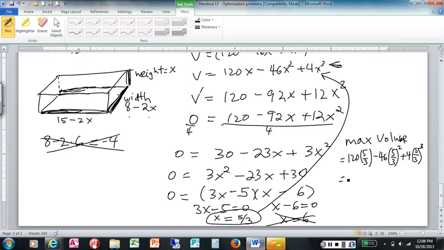All right, let's see. 120 times 5/3 minus 46 times 5/3 squared plus 4 times 5/3 cubed. What do you get? 90.74. Anybody have an exact value? Change that to a fraction. 2,400